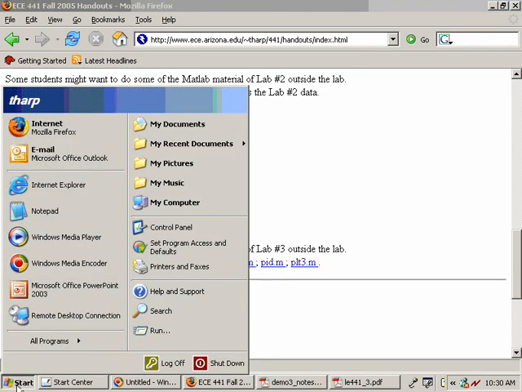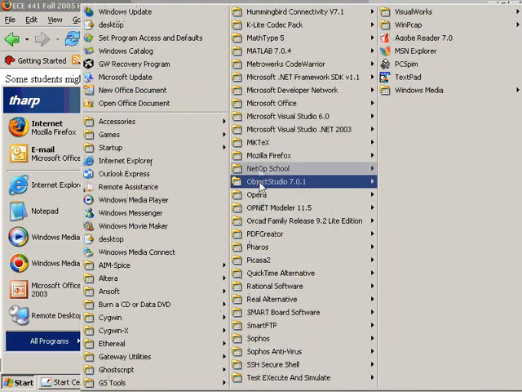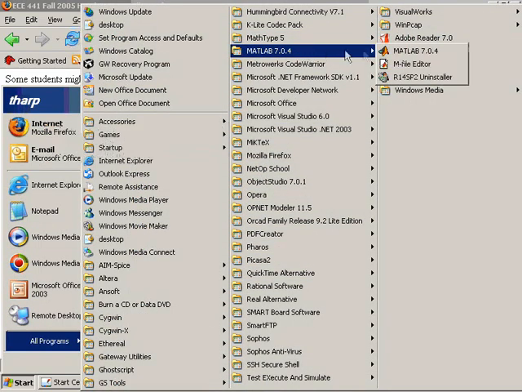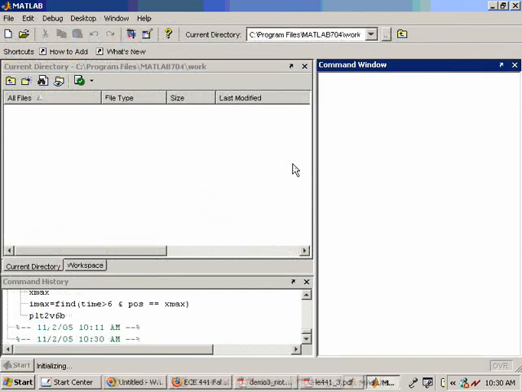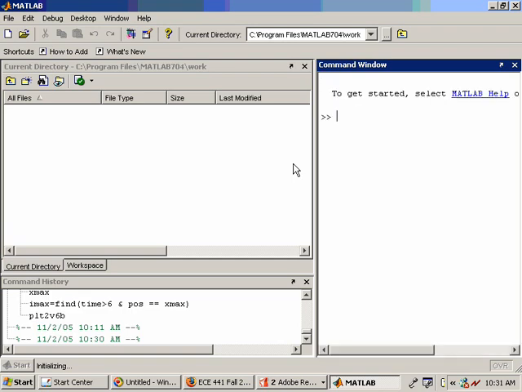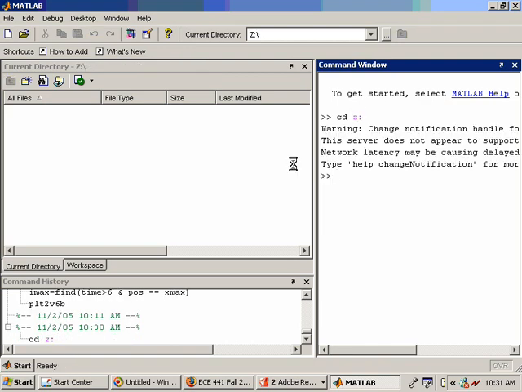If you have done that, I'm going to see if I can find MATLAB here. You will then start MATLAB, switch to the appropriate working directory, and I will then demonstrate how you can use the code that's on the website